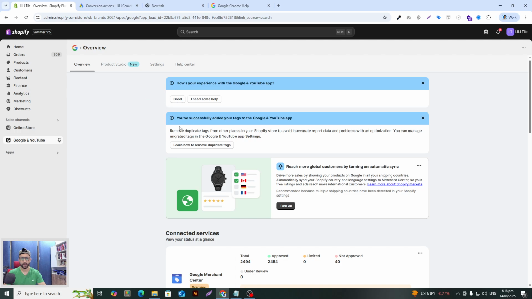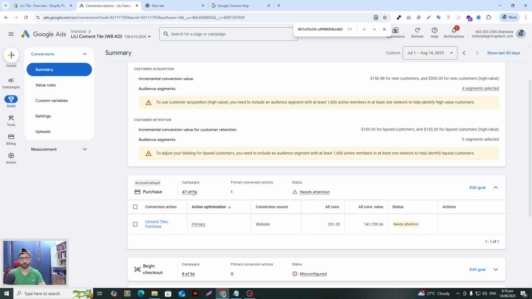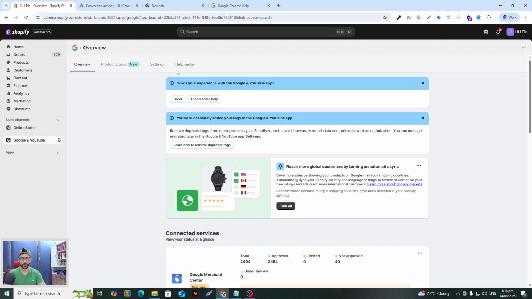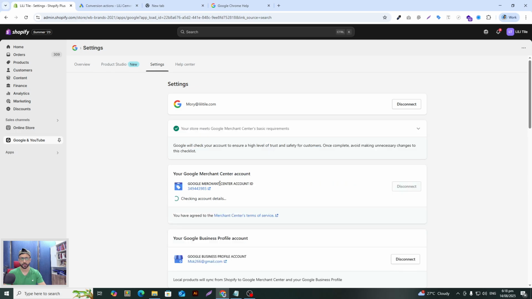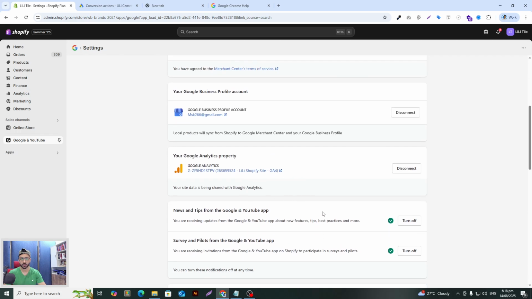It's asking you to set this up. Click on it. Your Shopify store is already connected to your Google Ads account, and you just have to select a few default options, including, let's say, the conversion event there, right? So if you don't have two conversion events, it's going to ask you the one that's available. In my case, it was this one, but I'm going to have to go ahead and now change that within the settings. So if I go to the settings, go to the conversions down there,